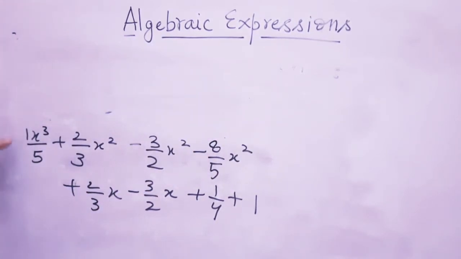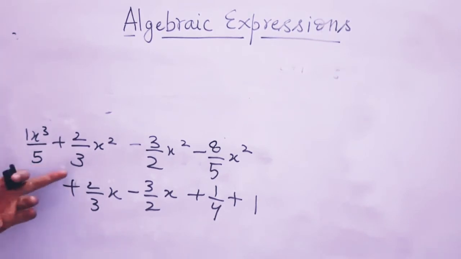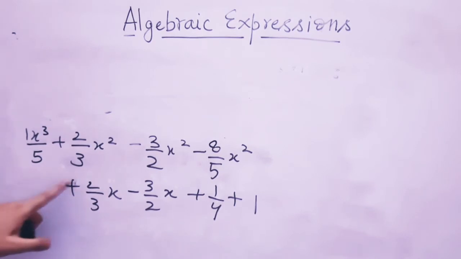Yes. So 5 and 3 are which type of numbers? If you know the answer, you have to reply to me in the comment section. Yes students, very good. 3 and 5 are prime numbers and also they are a pair of co-prime. Now what are co-prime numbers? If you know the answer, you have to reply to me in the comment section.